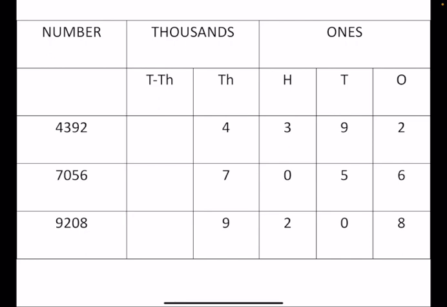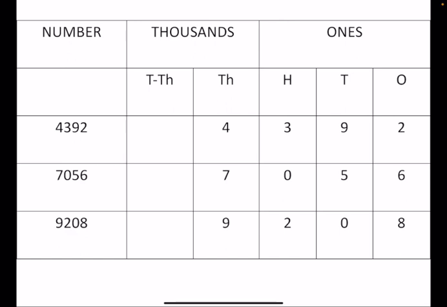You can see in the first number, 4392, I have written. We start from the extreme right. The first digit 2 will go in the ones place, 9 in the tens place, 3 in the hundreds place and 4 in the thousands place. So now how will you read this number? We will read the digit along with the place, like 4,392. The tens and ones places are read together.